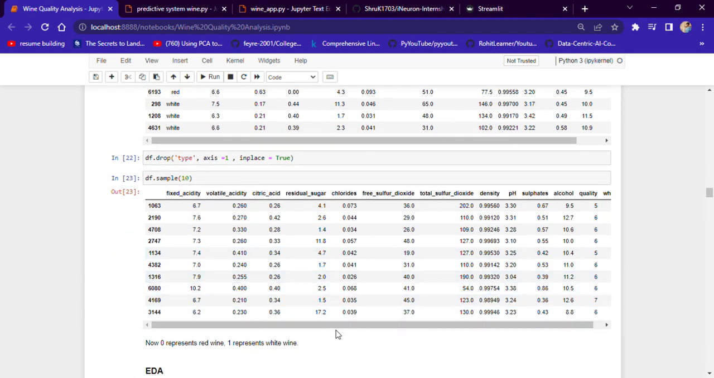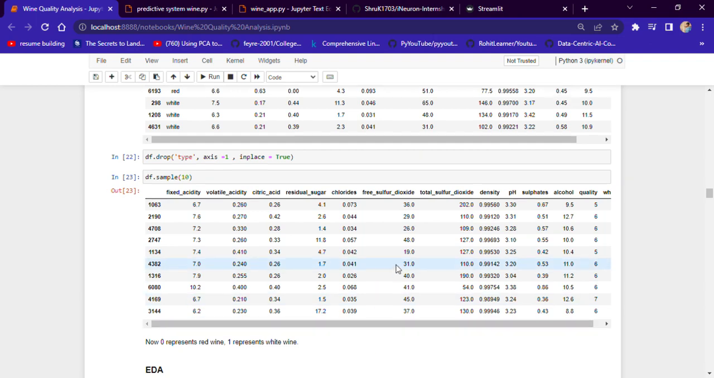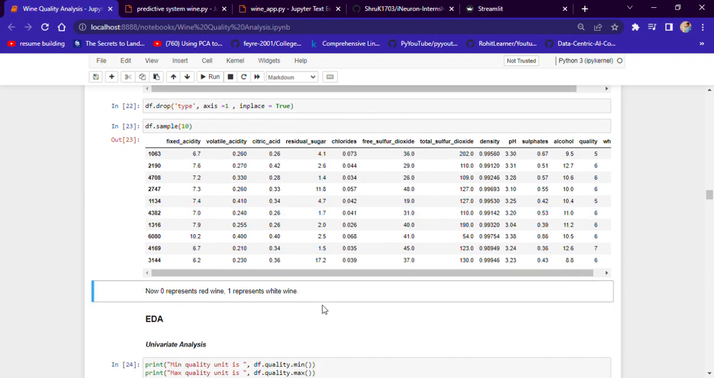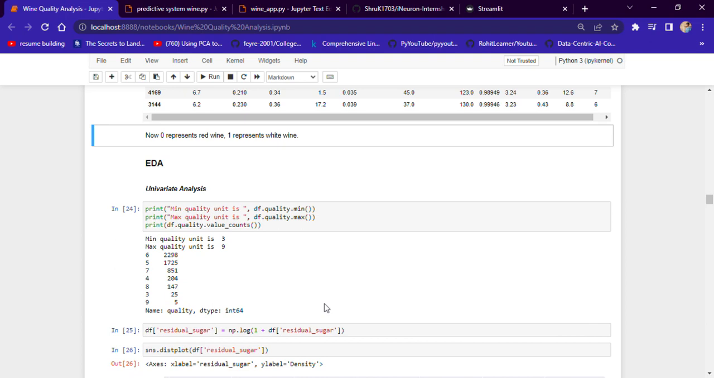So this is a sample of a data set. I have taken 10 samples. These are all random samples. I've mentioned it here. Now we are going to do EDA, and the univariate analysis, where I've seen that